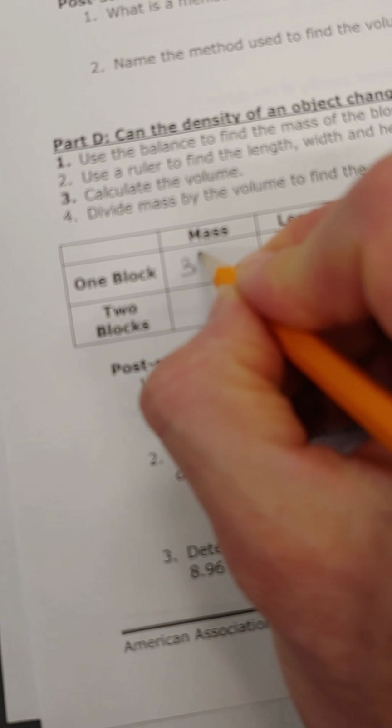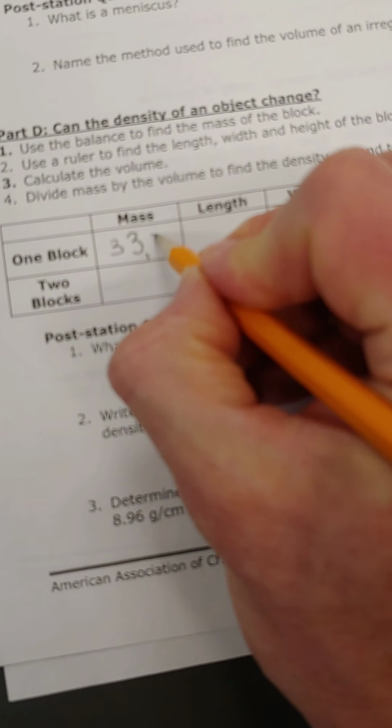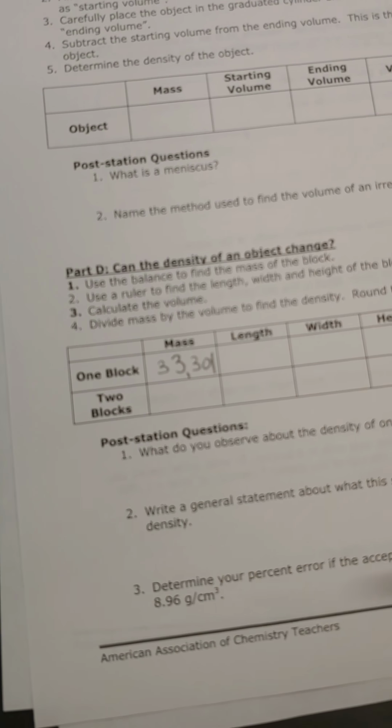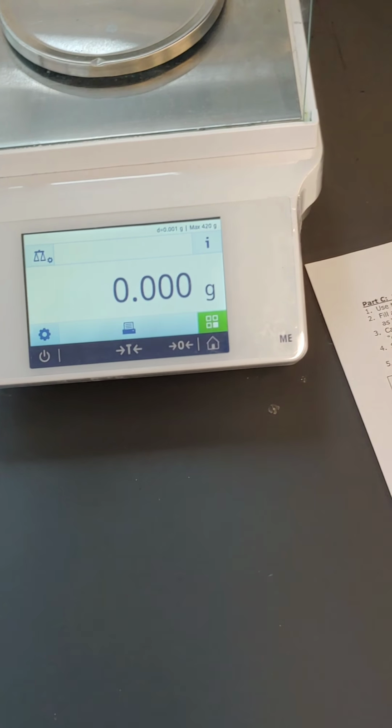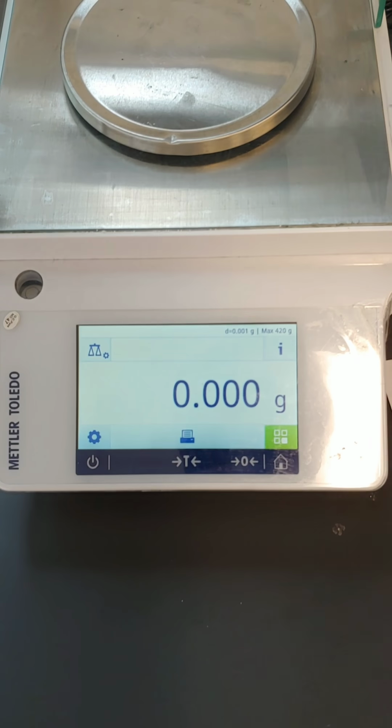Okay, so I'm going to come back over here. One block, 33.301. So ideally, if I had been a good chemist, I would take my paper with me over to the balance, so that as soon as I have the measurements, I can write that